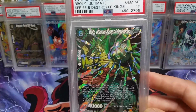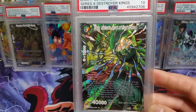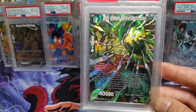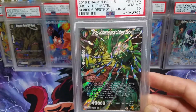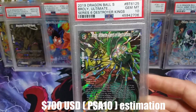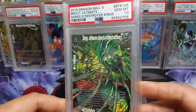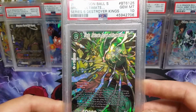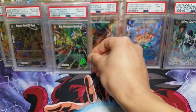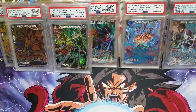It was very playable when it came out. I'm not too sure about it now because I'm mostly just a collector. I have played a little bit here and there, but not that much. And as a PSA 10, there's no real sold listings for this, so I'd give it an estimate of maybe $1,000, but that is not a guaranteed price. This honestly was the last time I've seen such nice secret rares in this set. So this card gets number 4, and number 3 is actually the second secret rare which came in Destroyer Kings,